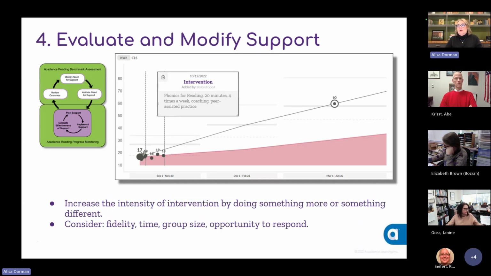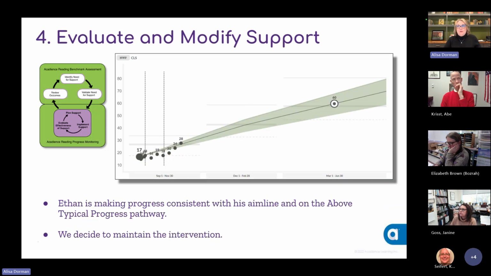So we decide that the change we'll make, a new intervention line, a new documentation, is we're going to go with the same program, the same interval, but instead of 2 times a week, we're going up to 4 times a week, and we're going to add some coaching and peer-assisted practice. And so these are the things that we can do, and we can document, and we can know from here the student was at risk. From here to here, we applied a change that didn't seem to work well. And now we're going to see what happens after the new change has been applied. And that's the evaluating and monitoring step inside of the outcomes-driven model.